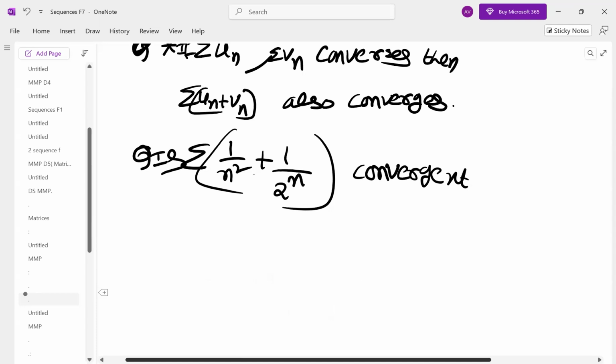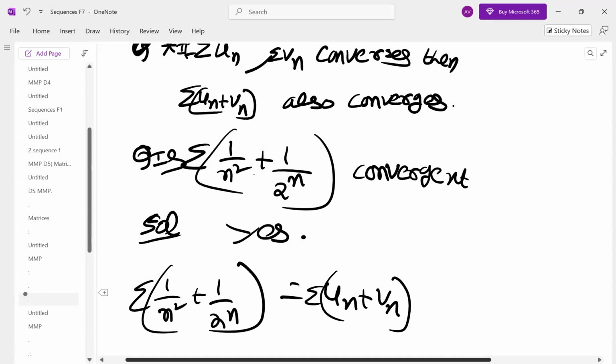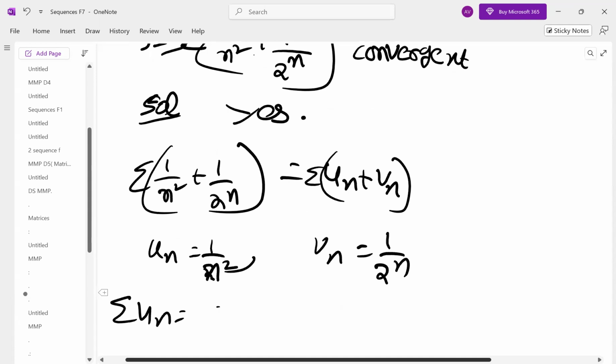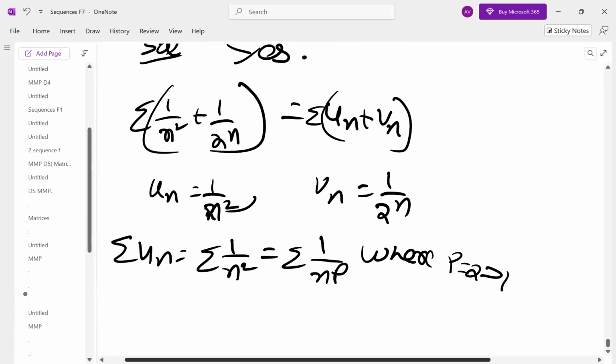So is this convergent or not? Yes, the answer is yes. Because summation 1 by n square plus 1 by 2 power n is in which form? un plus vn. What is un? 1 by n square. vn is 1 by 2 power n. Summation un is in the form 1 by n power p. P is equal to 2, greater than 1. Therefore converges, by